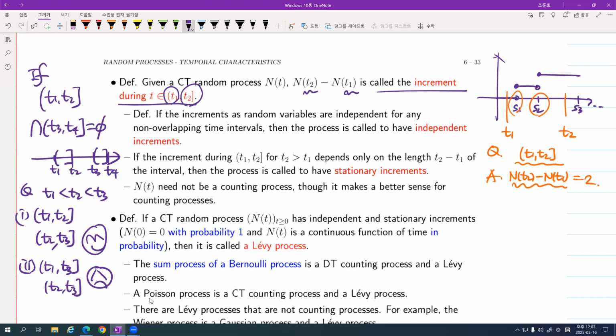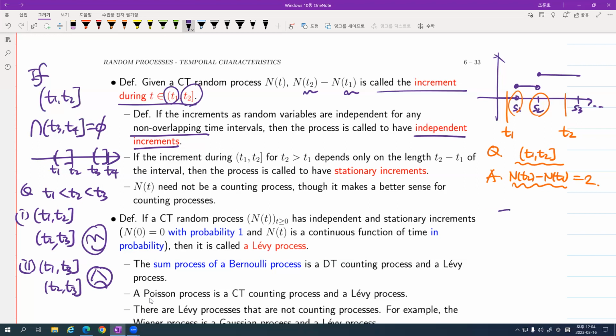So here, given this interval, we have an increment. What does that mean? During this interval, how many new arrivals? How many arrivals? So we have an associated increment here and an associated increment here. And in some counting processes, here goes a very interesting property. If the intervals are non-overlapping, the increments are independent, sometimes. And this class of random processes, this class of counting processes, is very, very interesting. So we define it and give a name. And another one,